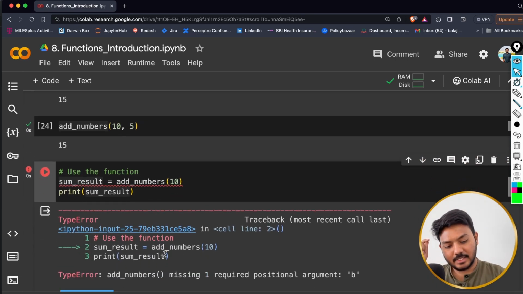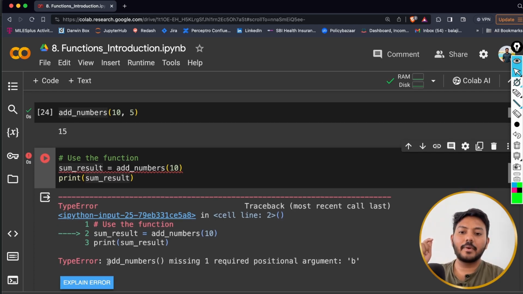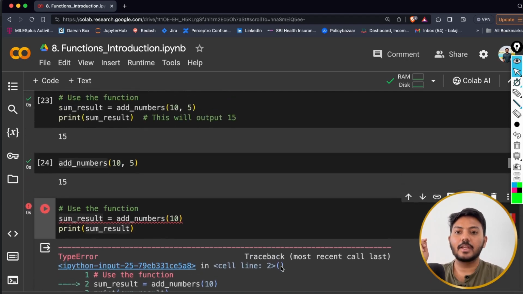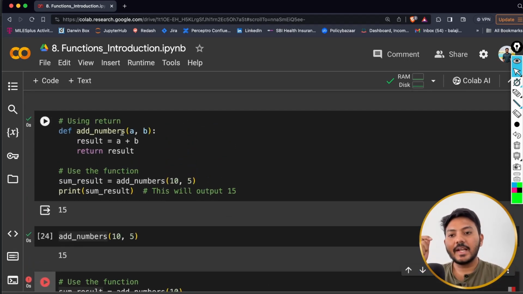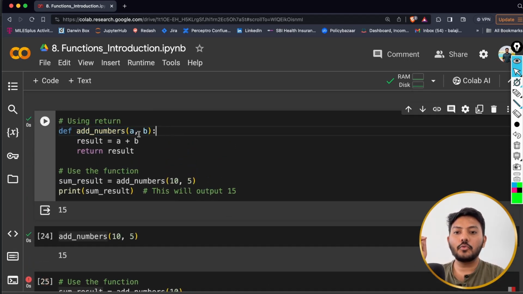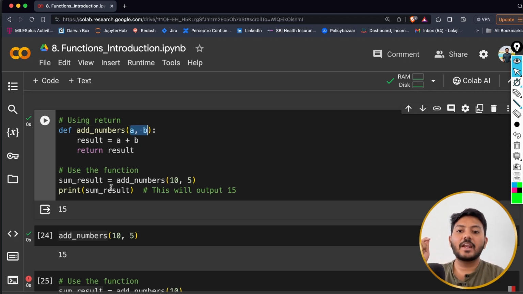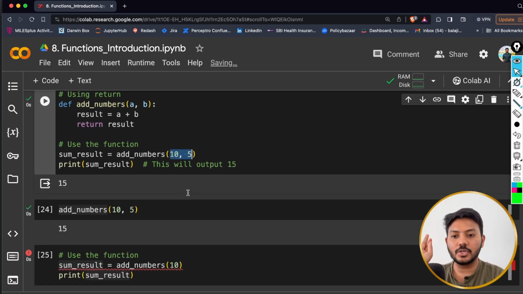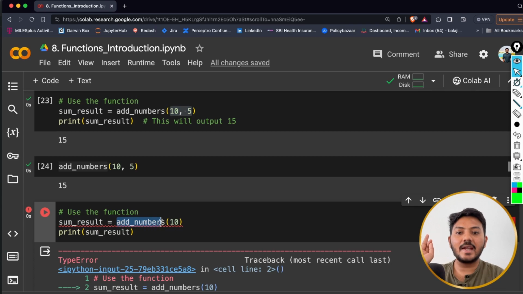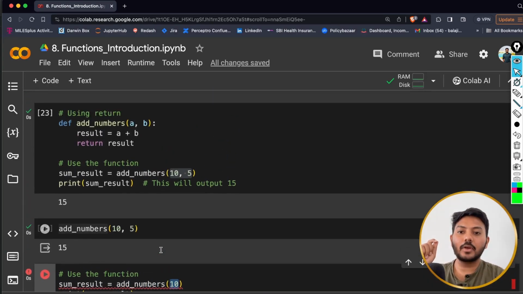Now let's understand why we got the error. Type error, add numbers, one missing one position argument b. If you see, when I defined a function, I have two parameters a and b, and whenever I am calling that function, I am passing both of these parameters and the code is executing fine without any issues. Now when I call add numbers and I pass only one parameter, it is throwing an error because